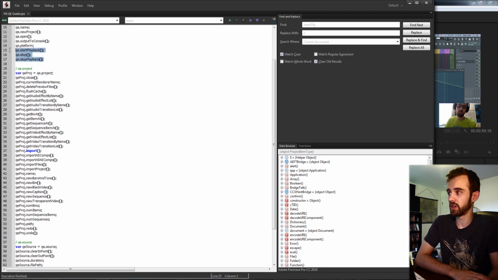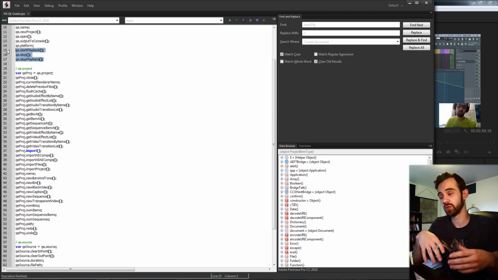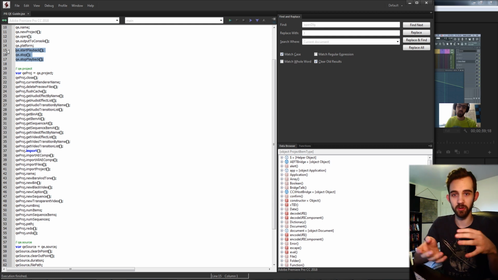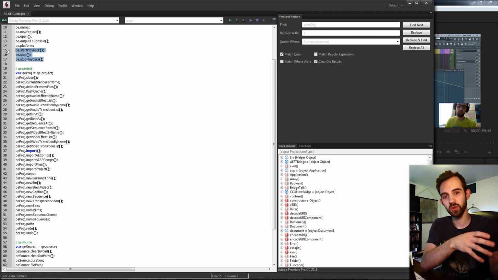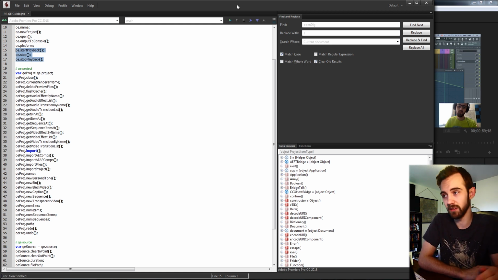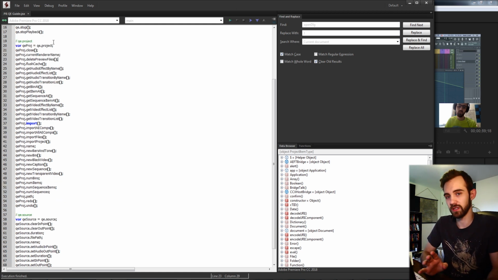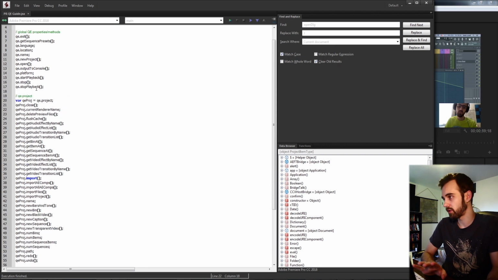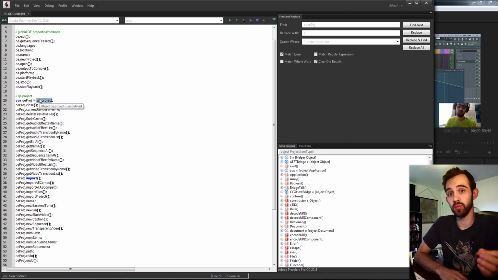And that's one cool thing I like to do with actual extensions: once the user has imported a file or something into Premiere or into the sequence, it will start playing automatically, so that way they can see the changes immediately. Now we'll move on to some project level QE items. If you've already initialized your variable with the enable QE call, you can go ahead and grab the project, and this will give us access to all of the QE methods and properties for whatever Premiere project we have open.